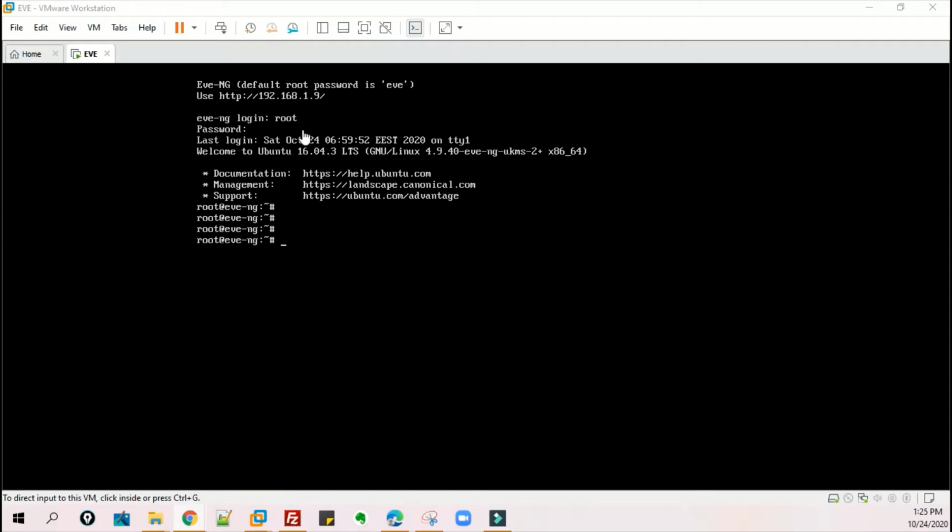We have to fix the permission now so that no further changes are allowed. The EVE-NG recommendation is that whatever changes we do, after that we don't need to do any changes.